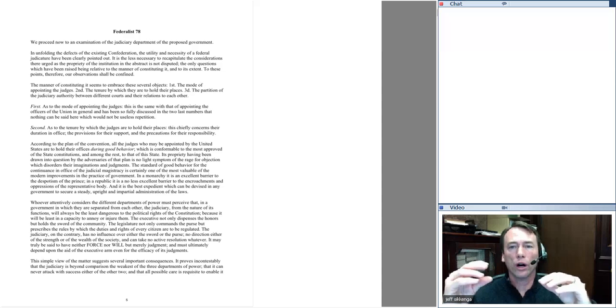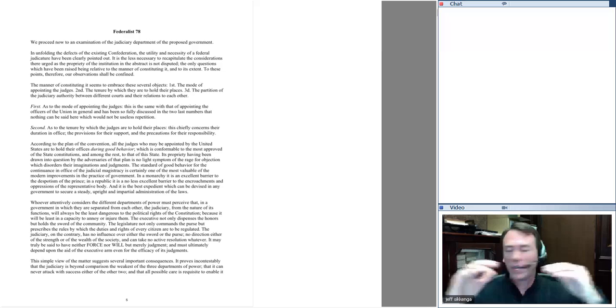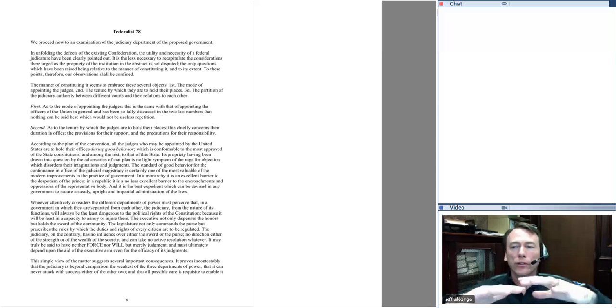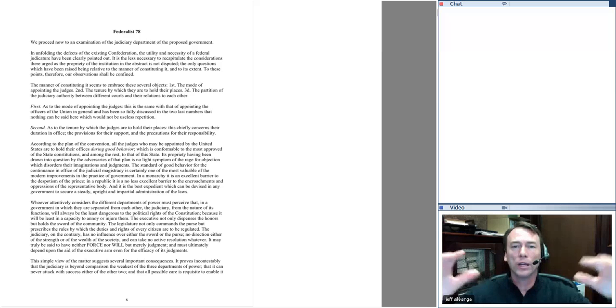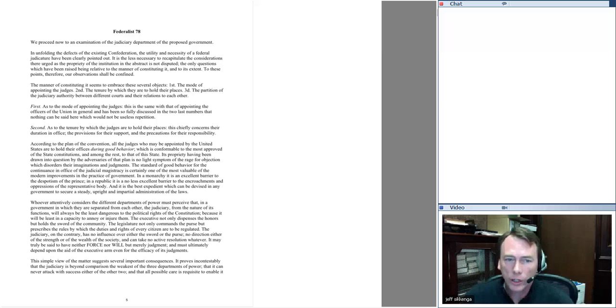That's what void means. Void does not mean, Hamilton says here, that it has no effect throughout the entire country or that the other branches have to obey what the court says. It simply means that the court itself does not have to obey what the other branches say. Like I was saying, Hamilton's argument in Federalist 78 is judicial review is a shield to protect the independence of the judiciary. It is not a sword to establish judicial supremacy over Congress or the president.